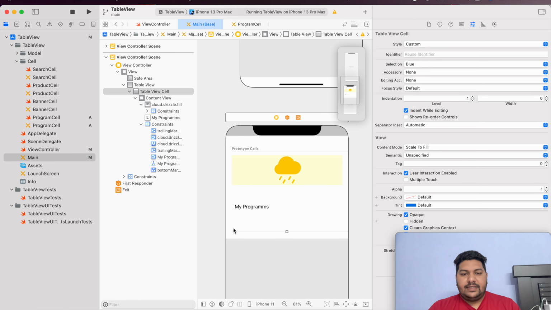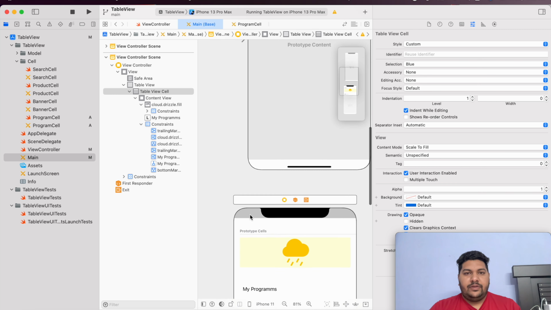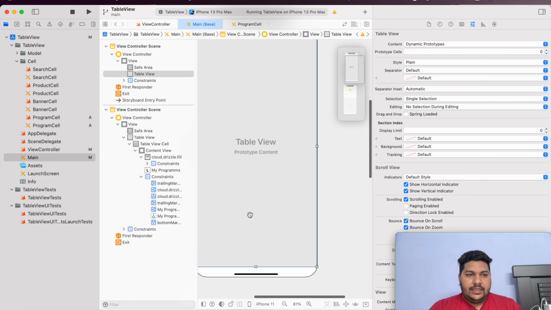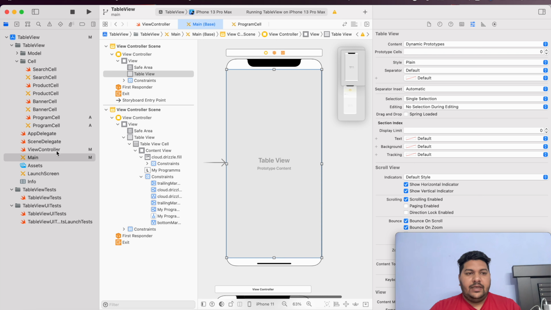Now I need a separate class for this cell, so I need to create a separate class. So the conclusion is that it's going to be very clumsy code if I am registering a cell from the storyboard, which is not preferable and not a professional way to achieve the functionality for the table view. This is a very simple and professional way, so I suggest you also go with registering cells in your table view with the help of program.